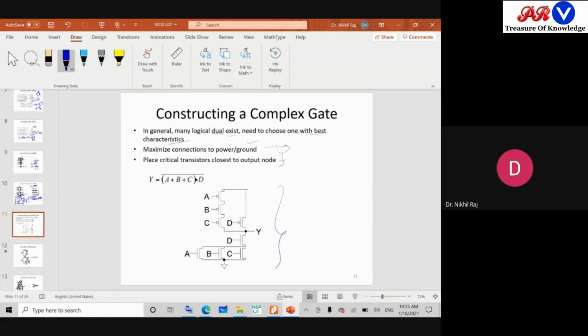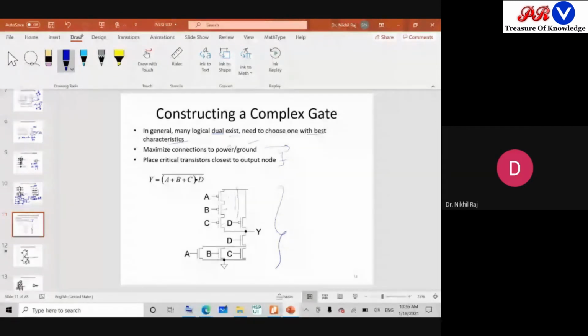This means, if suppose a number of transistors are more connected towards the ground or towards the power supply, what will happen? The bulk, the fourth terminal, can be made the common connection, because in digital all the body or substrate terminals are connected to a common point in order to save the pin area or the chip area. So in all these MOSFETs, wherever the bulk terminal is there, all are connected to the power supply.